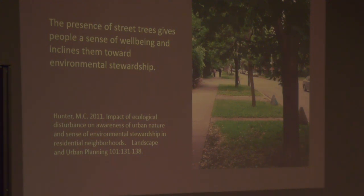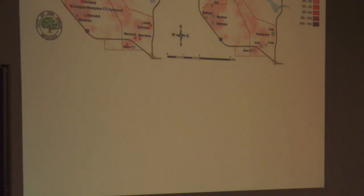So, design for stewardship by protecting what we care about. This is a story about the emerald ash borer and what happened in many neighborhoods in Ann Arbor. How many of you were in a neighborhood of or adjacent to one that had all the street trees wiped out by the emerald ash borer? Okay, so you're pretty familiar with this story. This was a natural experiment that nobody had to do. It happened. And then the city was trying to figure out what to do with all these dead trees in all of these neighborhoods that looked like they had just been bombed or something. So I took advantage of that,